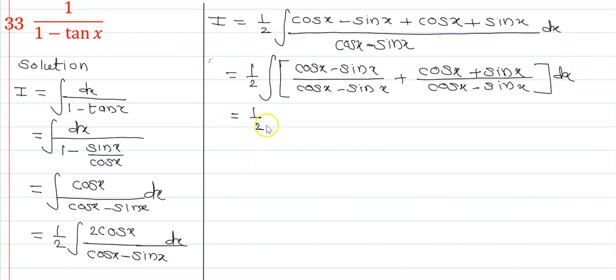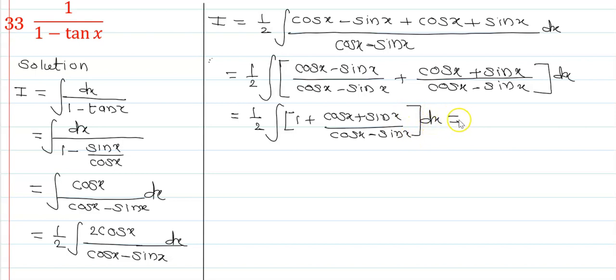and hence you will get here 1 upon 2 integral of, this is the 1, plus cos x plus sin x upon cos x minus sin x, bracket complete into dx, and that's equals to 1 upon 2 integral of 1 dx plus integral of cos x plus sin x upon cos x minus sin x into dx. Okay,